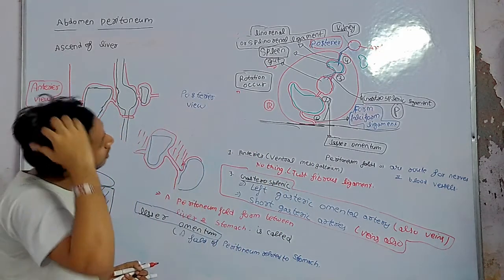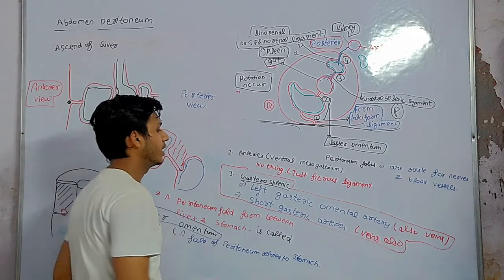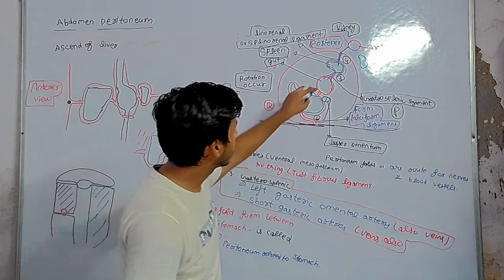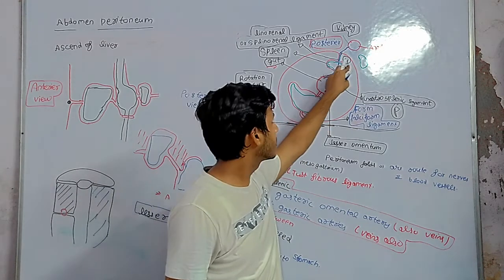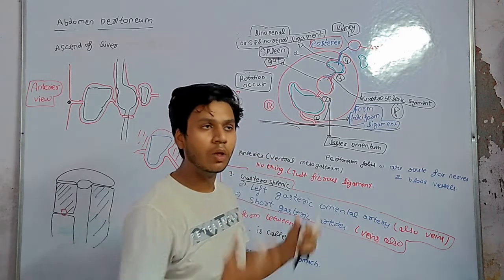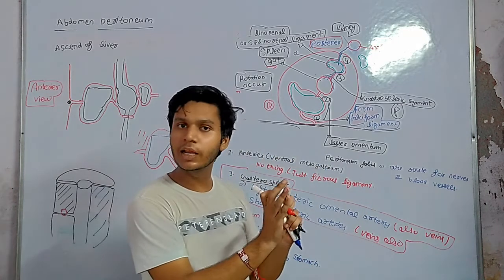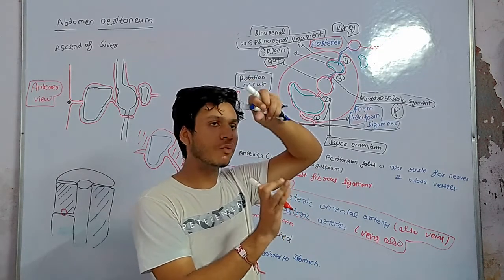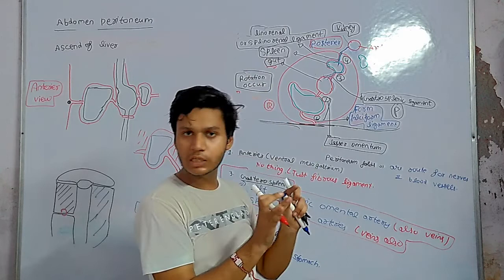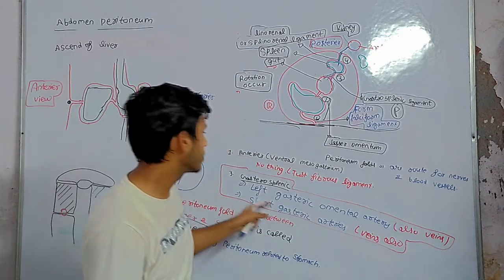It supplies the stomach through branches from the left gastric artery and the artery which comes from the splenic artery, present in the spleen, through this gastrosplenic ligament. Basically, the only route between the spleen and stomach is the gastrosplenic ligament. So every artery or vein which goes from the spleen to the stomach has to pass through this ligament. These are the vessels which pass through this ligament.